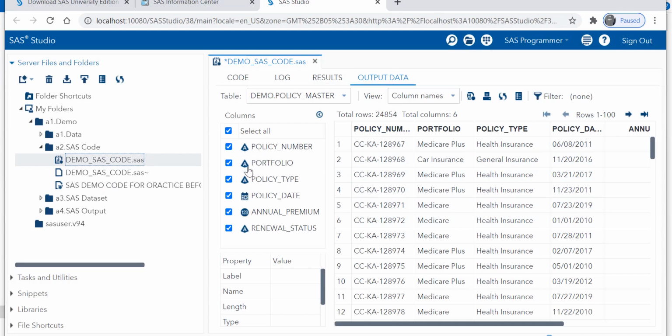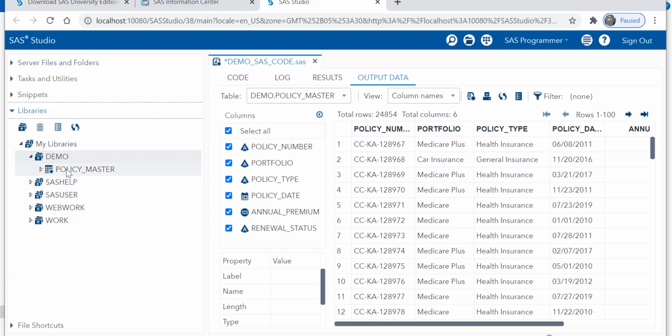A represents the character field. This represents the date field. This represents the numeric field. This is the character field. It shows that the policy master table has been imported. How can you check that? If you go back to your libraries, if you go to your demo, you can see the policy master dataset has